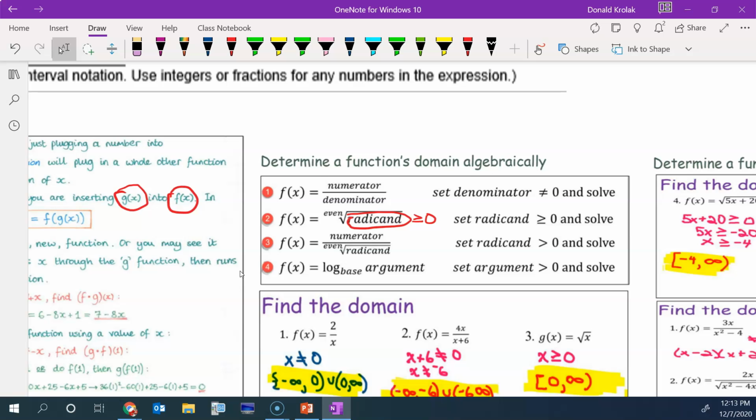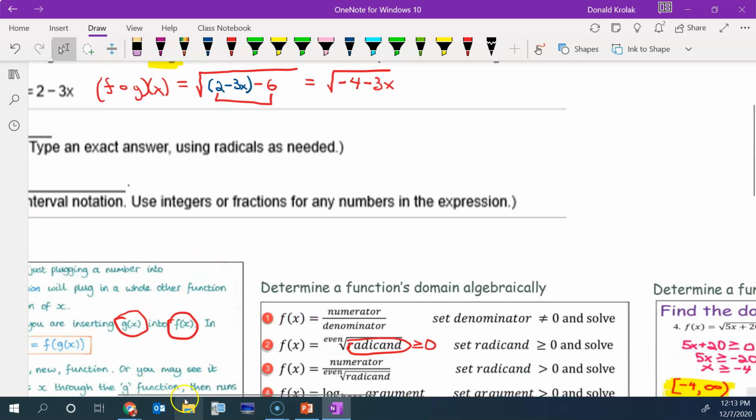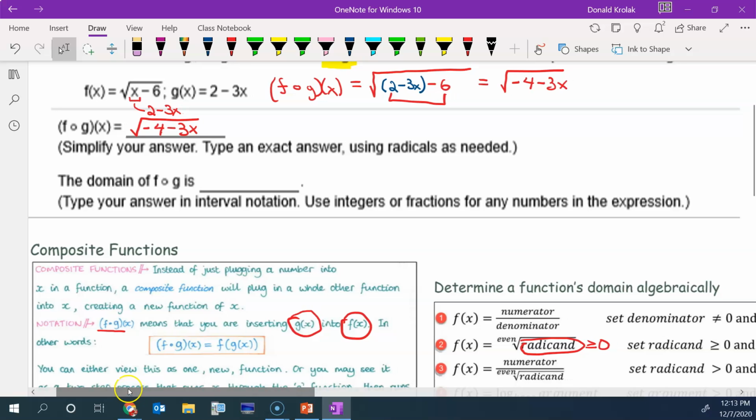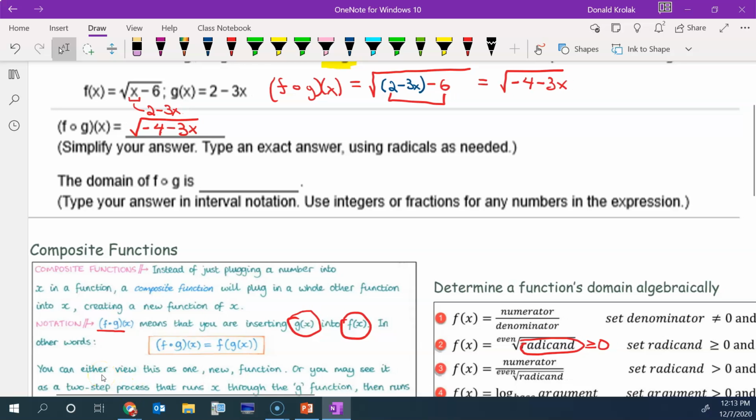Otherwise, you can't do a square root. So to find the domain, we're going to take the radicand, which is -4 minus 3x, and set it greater than or equal to 0, and then solve that. So we add 4,